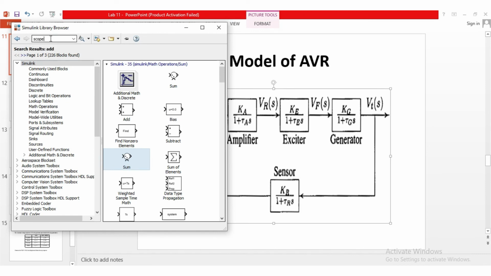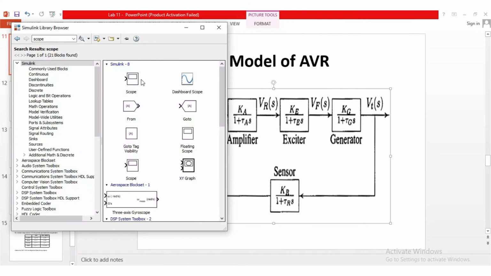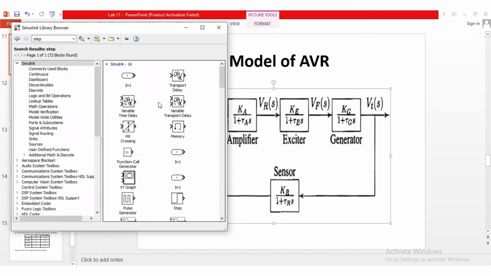By using the scope in the Simulink library we will get the scope, so we will add it to our model, and the input will be our step function. So we will write step in MATLAB and we will get the step as an input. Here you can see this is the step function, this will become our input.